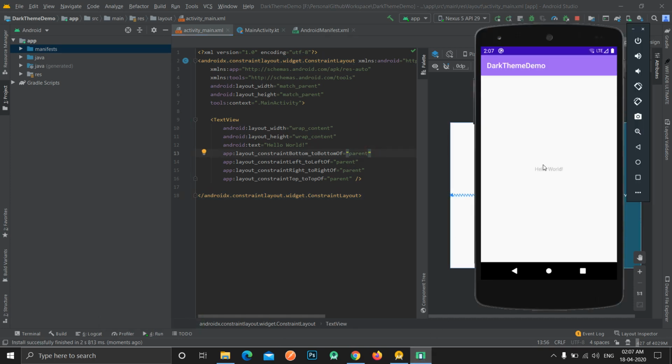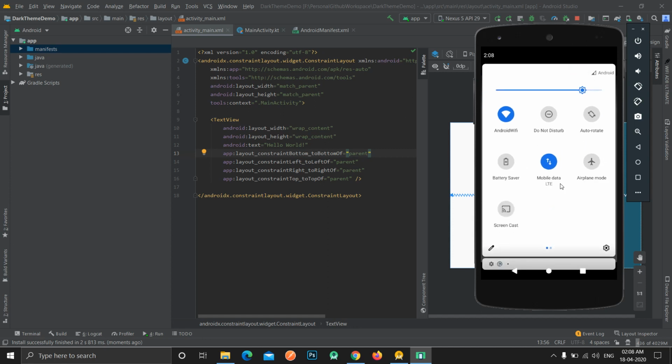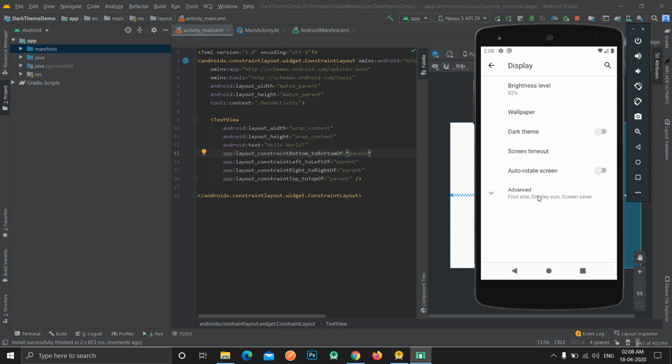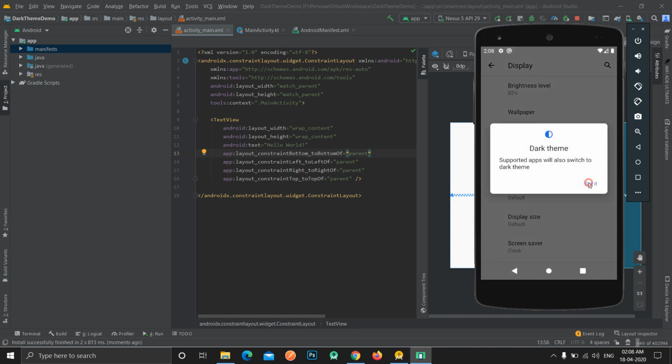So our application is ready. You can see here that this is our application, which is just a simple white background and a text field. Even our theme is light currently. So what we will do, we will go to the settings, and we will go to display, and we will turn on the dark theme.